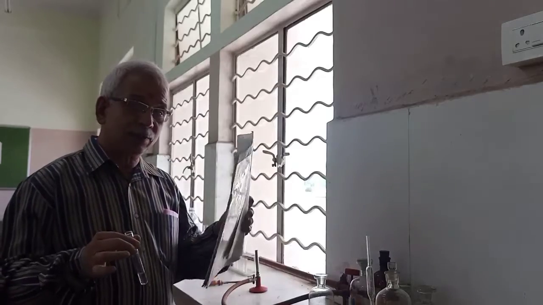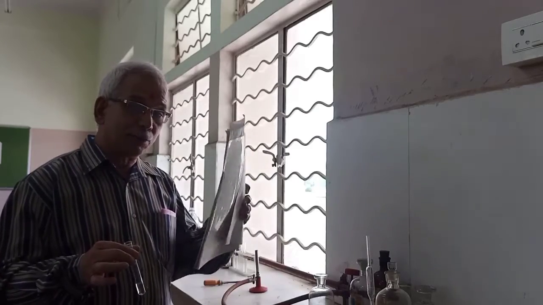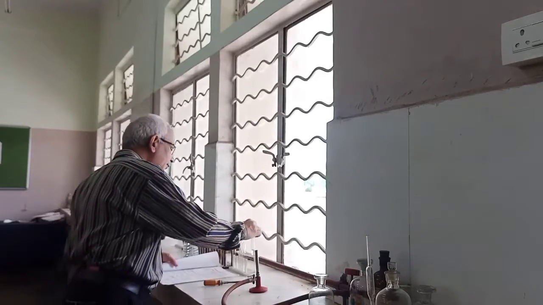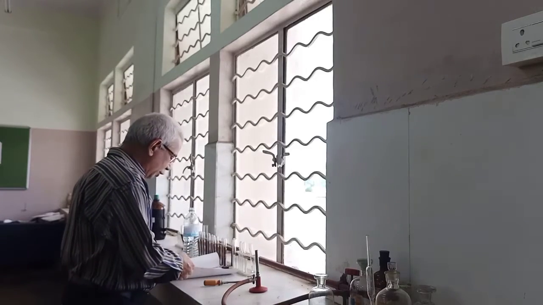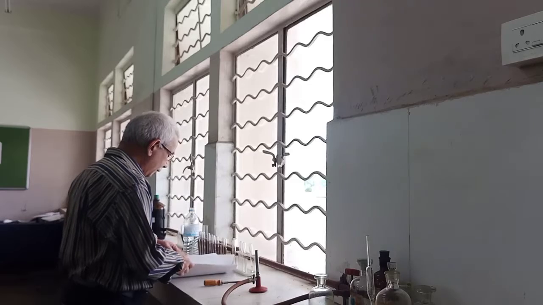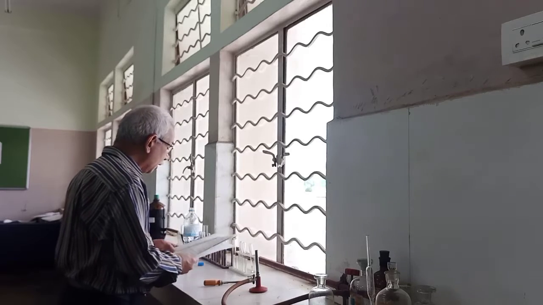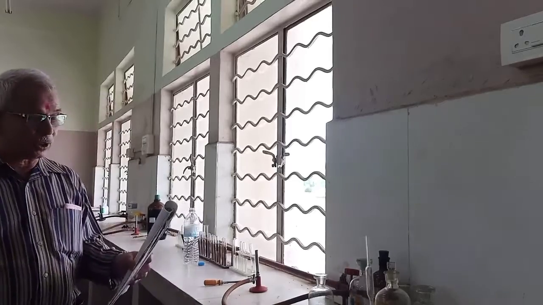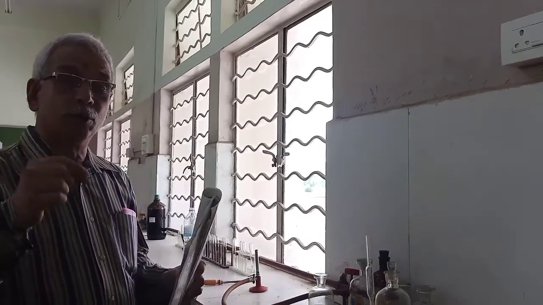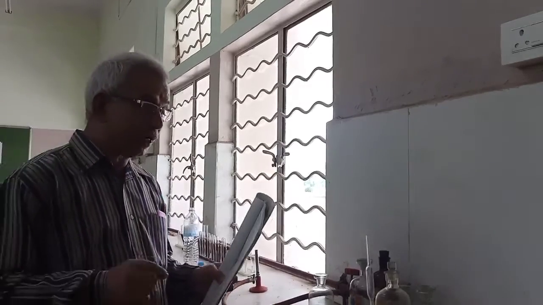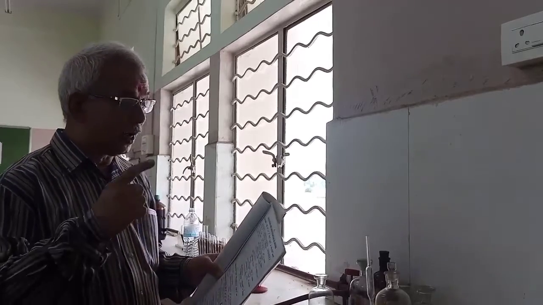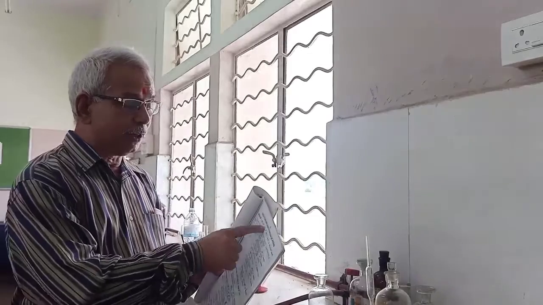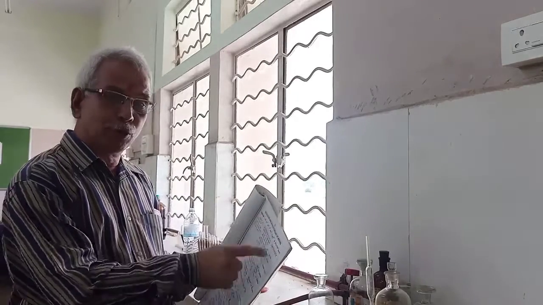This chart is made keeping in mind the properties of the salts. So I am going for group 2 now directly. Why am I going for group 2? Because group 1 anions are absent. Now I am going for the detection and identification of the group 2 anions. Group 2 anions are chloride, bromide, iodide, nitrate, oxalate and acetate. All these are the members of group 2.